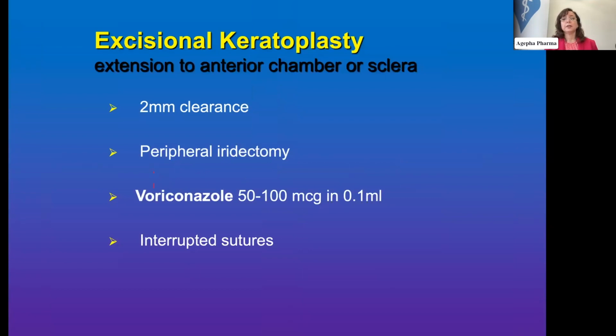Excisional keratoplasty, only if you cannot control the infection, you have to try and leave 2 millimeters of clear margin. Don't forget any therapeutic or tectonic graft. You have to do a peripheral iridectomy because there's a lot of inflammation which will block your pupil and can raise the pressure quite extensively if you don't have a peripheral iridotomy. And continue with your voriconazole and make sure you use interrupted suture because you're going to get quite a lot